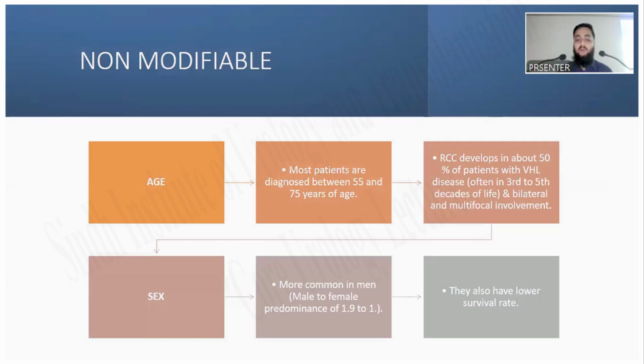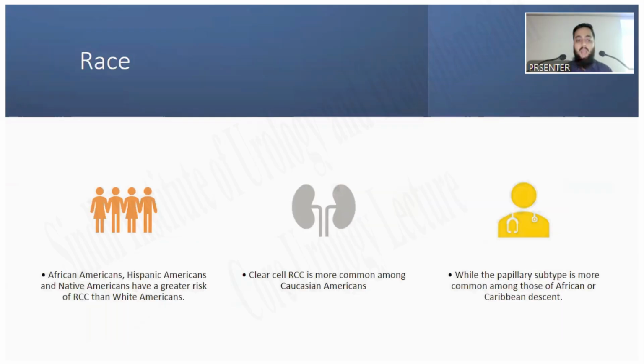It is more common in men. Male to female predominance is 1:1, and they also have lower survival rate. Race: African Americans, Hispanic Americans and Native Americans have a greater risk of RCC than white Americans. Clear cell RCC is more common among Caucasian Americans, while the papillary subtype is more common among those of African